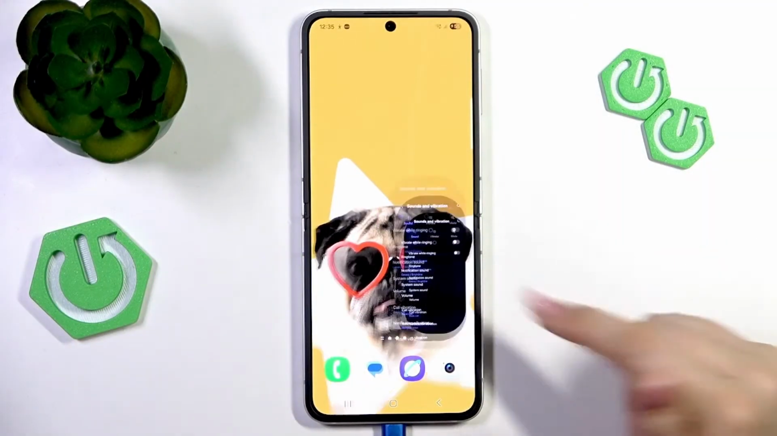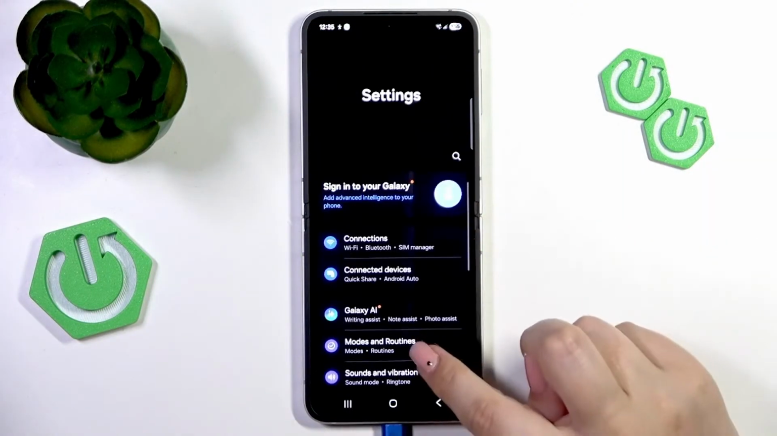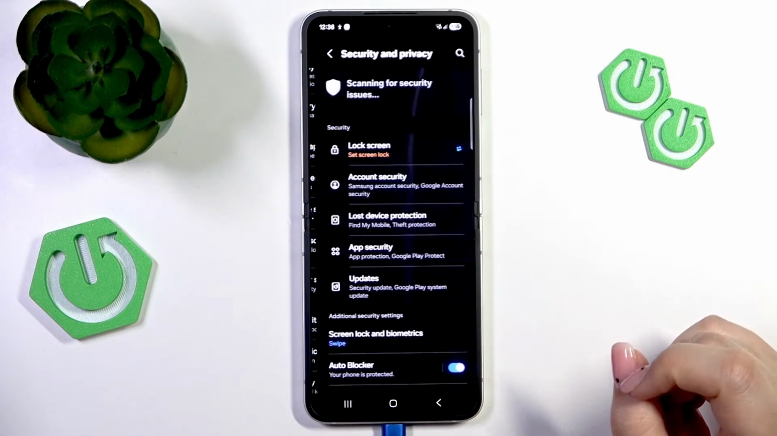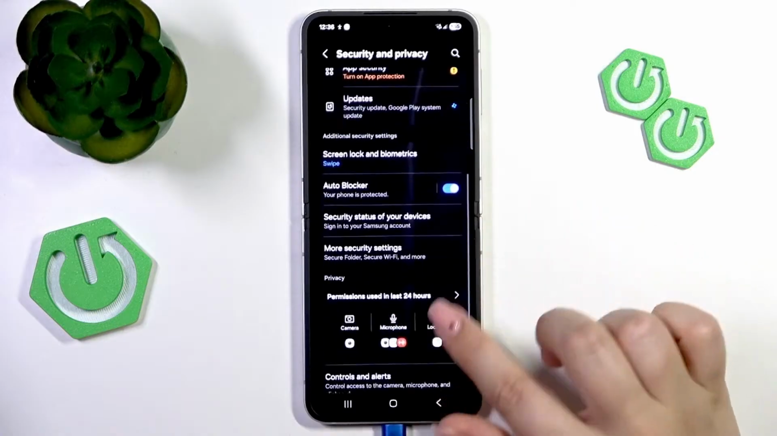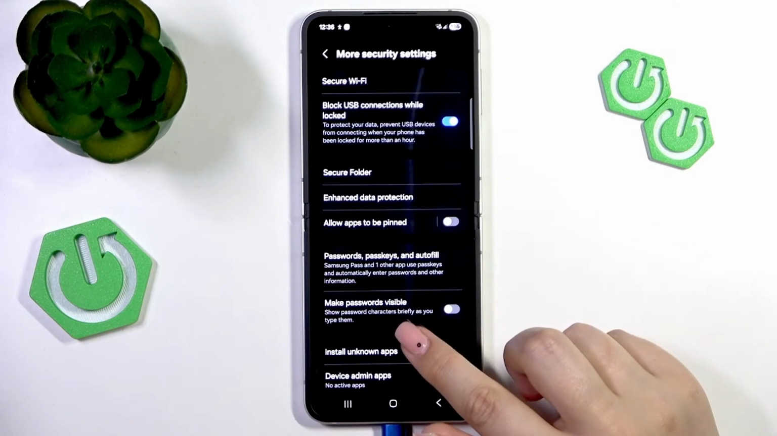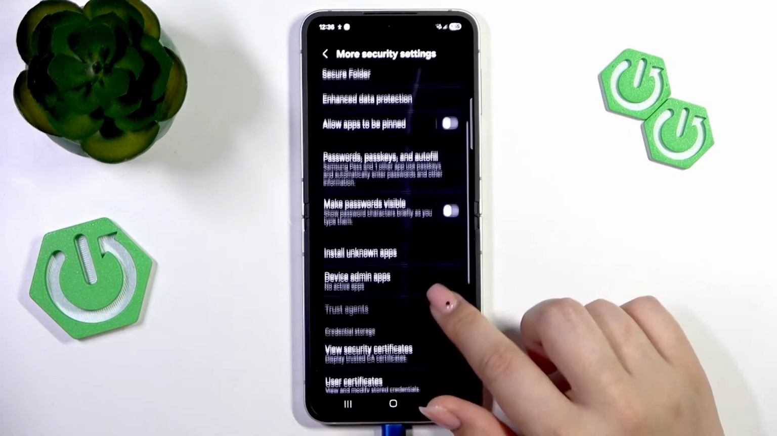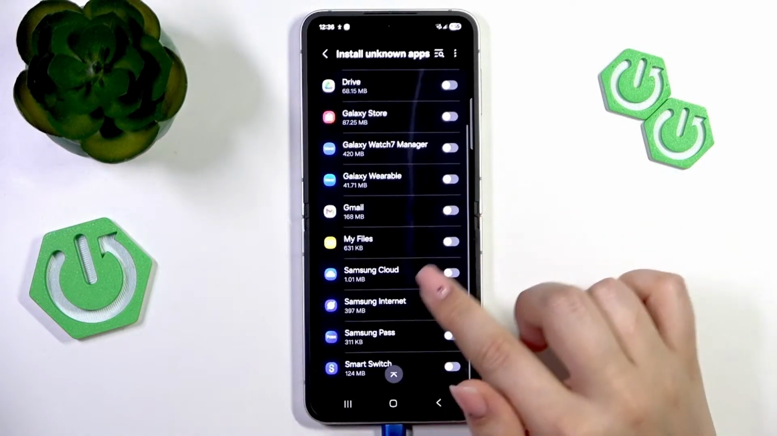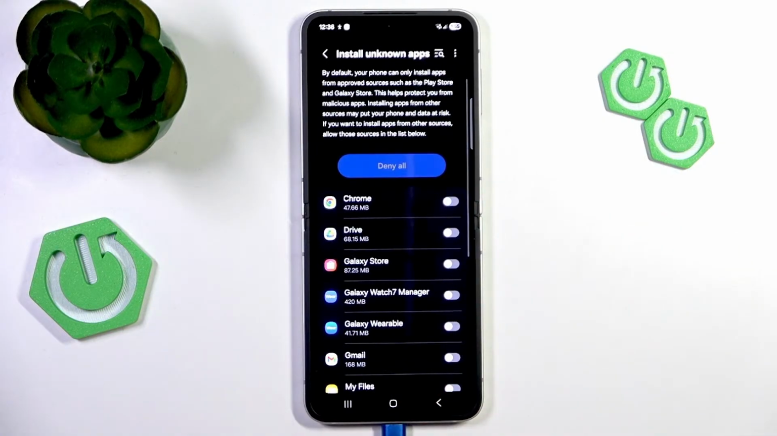So let's begin with opening the settings, and here we have to scroll down to find the option security and privacy. Then we have to scroll down to find more security settings, and here scroll down to find the option install unknown apps. So right here we've got the list of apps which are allowed or not allowed to install